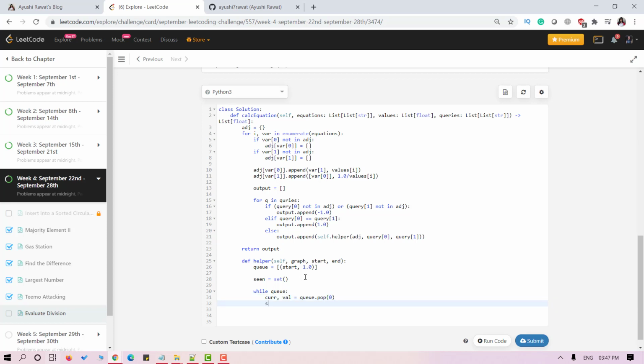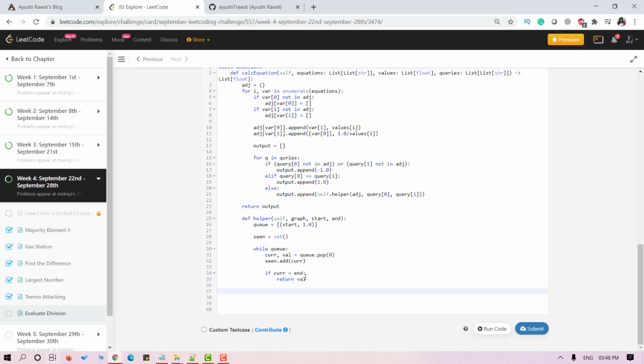Now we'll add the current node to seen. Now if we found the other variable, we'll return the calculated value. Now, for each neighbor that we have not seen before, we'll calculate the new value and we'll use a for loop for this.